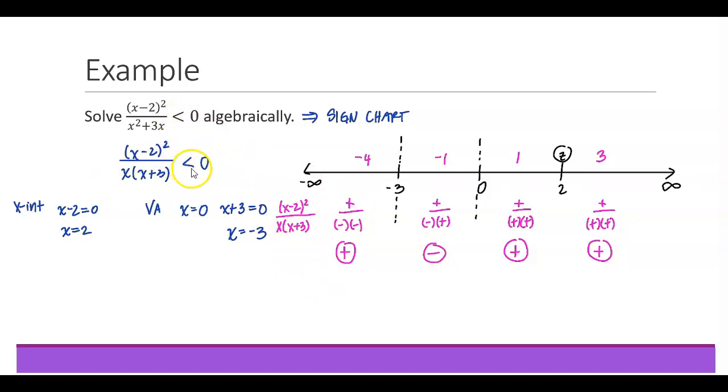We wanted to know where this function is less than 0. So that means I want negative intervals only. So I'm going to go ahead and cross off all of these positive intervals. I don't want these, right? And I don't want where I equal 0. I want strictly when I'm less than 0. So that's going to fall within this interval from negative 3 to 0. And these dashed lines are here to remind us, well, those would have been vertical asymptote locations. I can't include those values. So it's just going to be open parentheses around negative 3 and